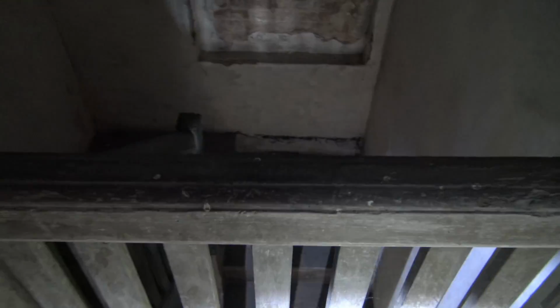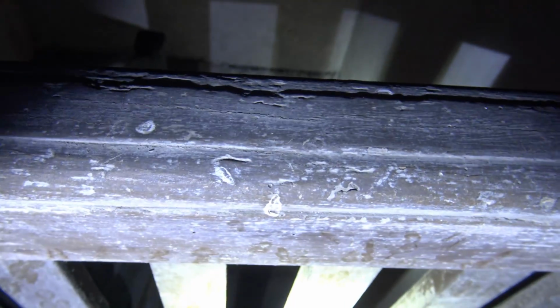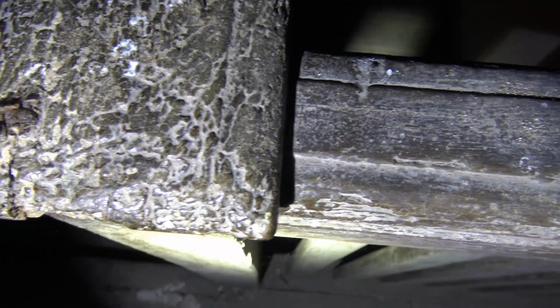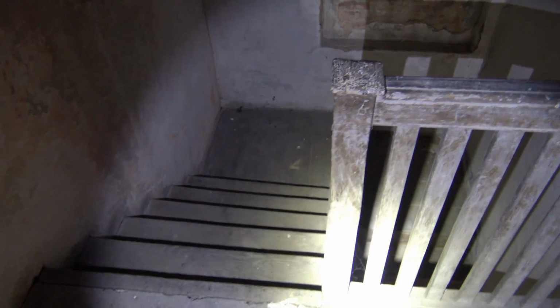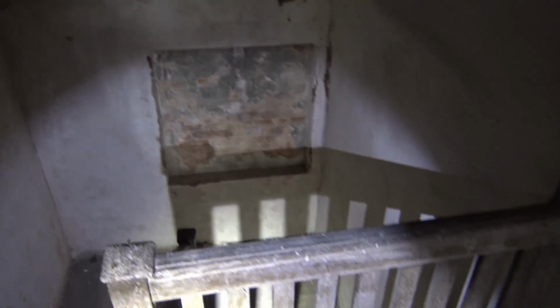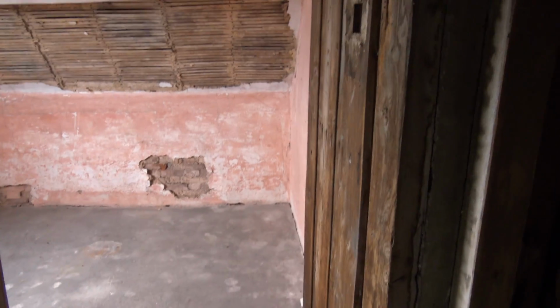So there you go. What a discovery, and it's not even listed. It's just an extraordinary house in the middle of nowhere. And the top of that, where that rail, there's centuries of people holding on to the top of that. Isn't that just beautiful? A dark staircase in the middle of nowhere with a blanked out window. It's just extraordinary. And then you come onto this limecrete floor and these amazing doors everywhere